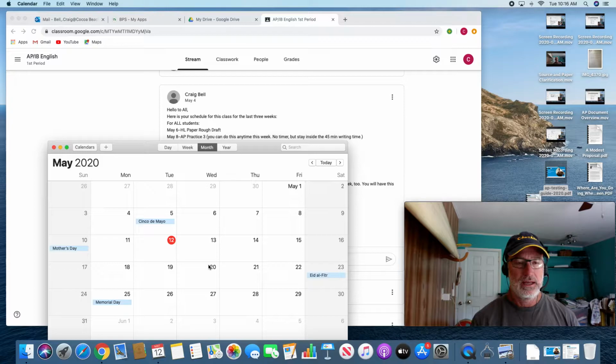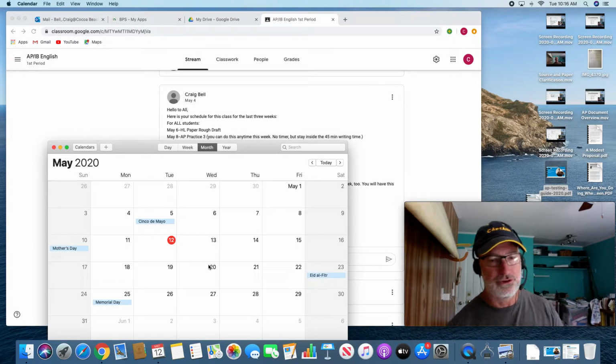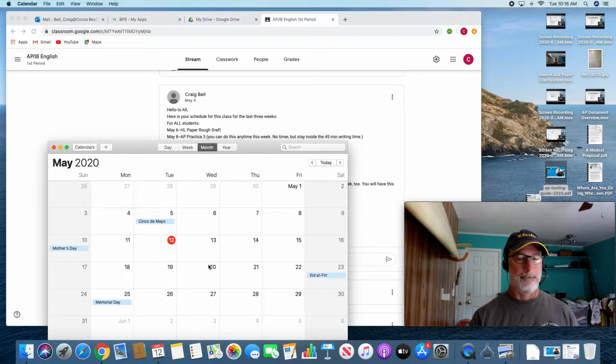I've already discussed it a bit, but I wanted to do an overview today again, and then I will do it again next week to make sure that we all understand where we need to be. So the 20th is your AP exam. I'm getting through all of the rough drafts, probably done with them by tomorrow. Then I'll get through the AP exam practices from last Friday. I'll get through those by Friday-ish, I'm hoping. And then the last practice you have is on the 18th.